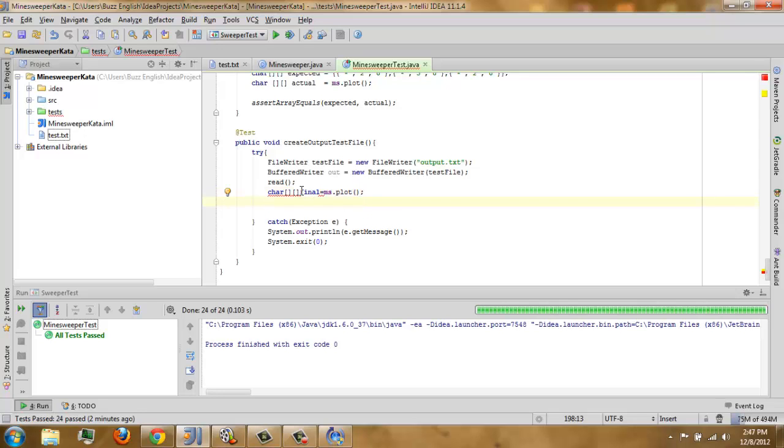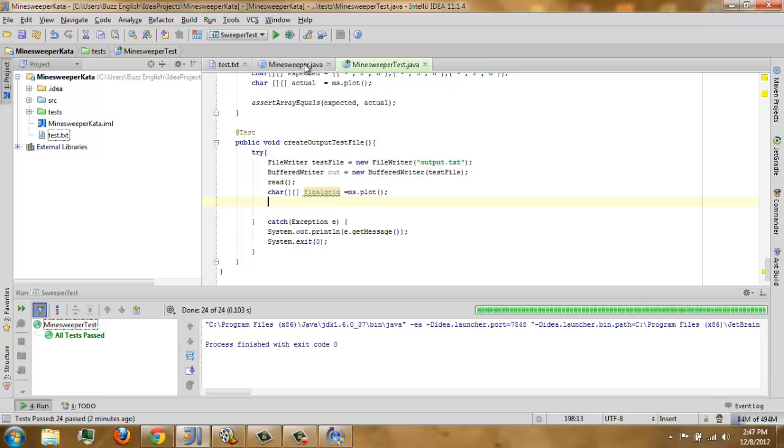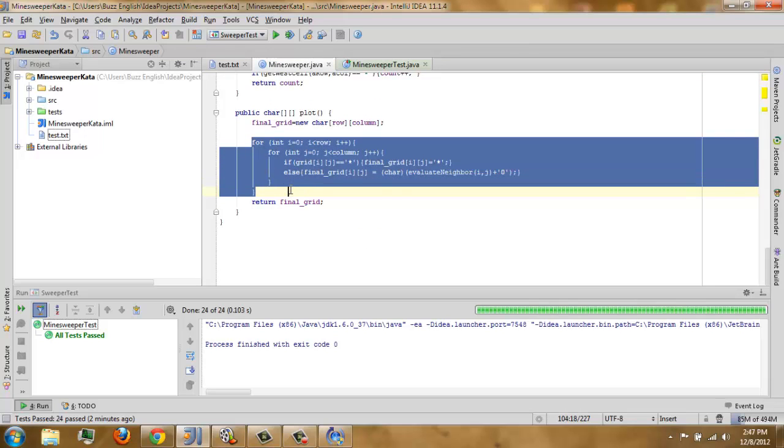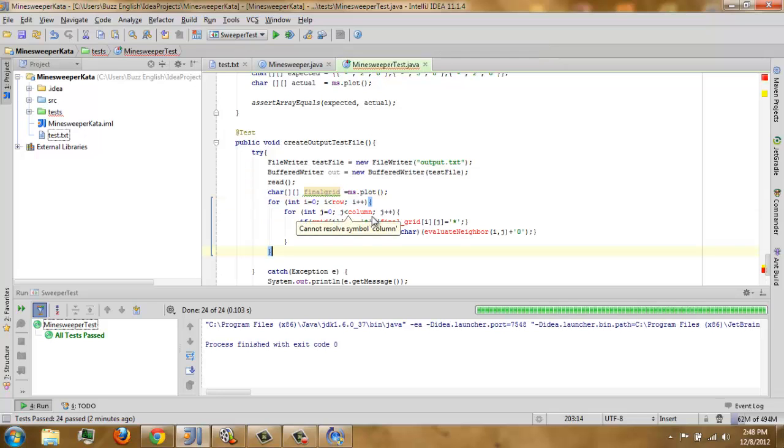Final grid. Copy the for loop I did. Then for out, that length.